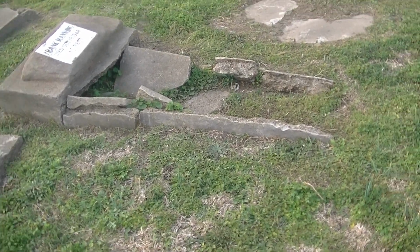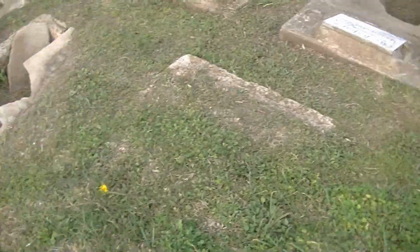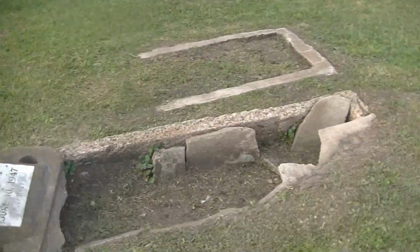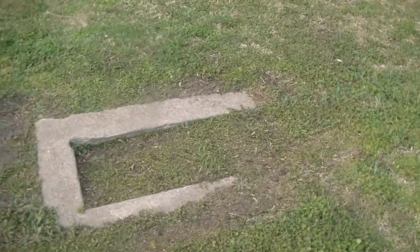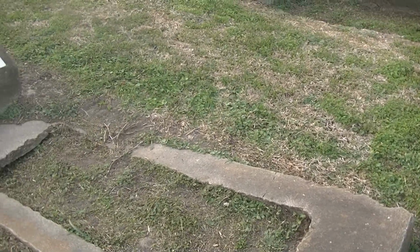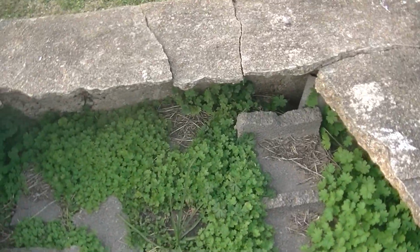More broken. I guess they're vaults in a way, or some kind of a design ring or something to try to make it look nicer, I guess. More were broken and buried. Headstones falling over. And like I said, when I said this was neglected, it was neglected. Extremely upsetting to me. I mean, if I can say there's any solace, there's no vandalism that I can see. It's just wear and tear over the years. This was covered in dirt yet, so that's a